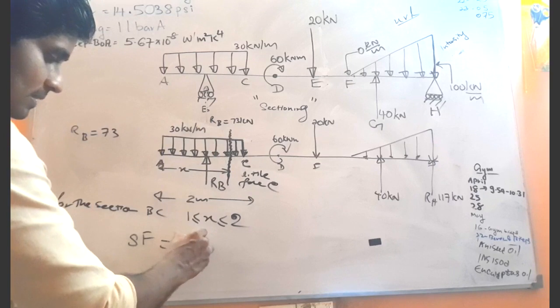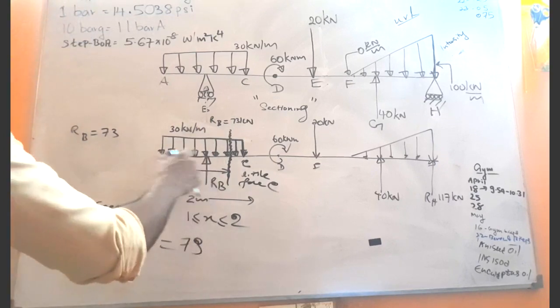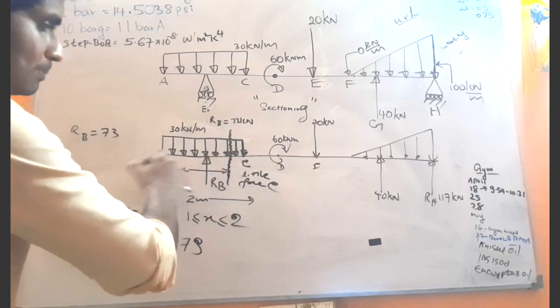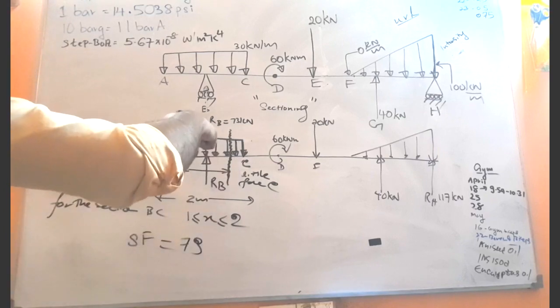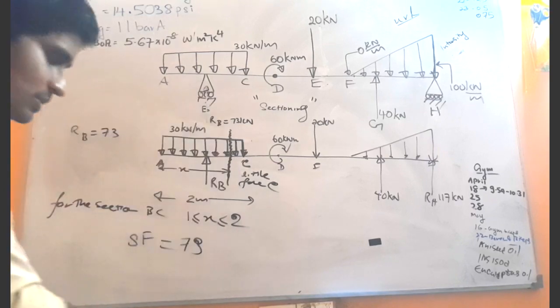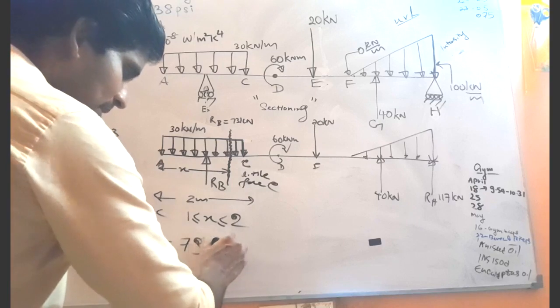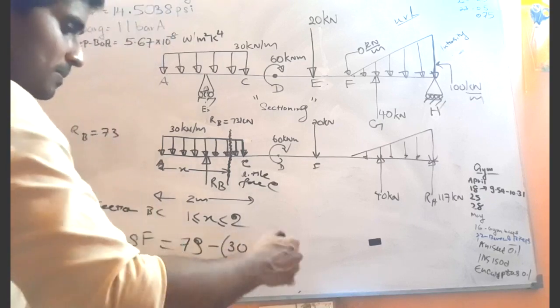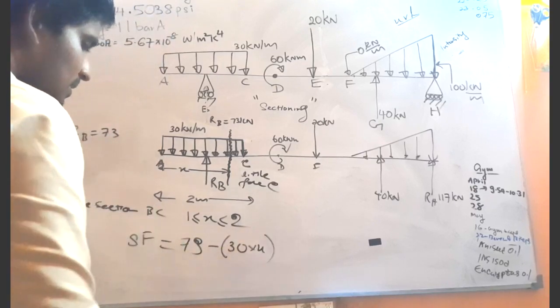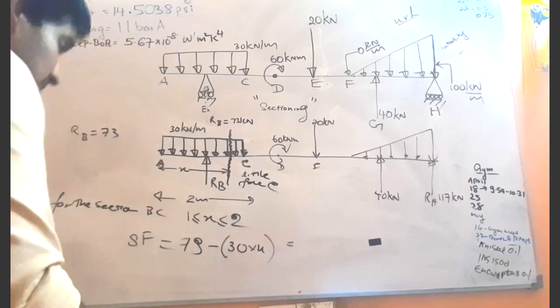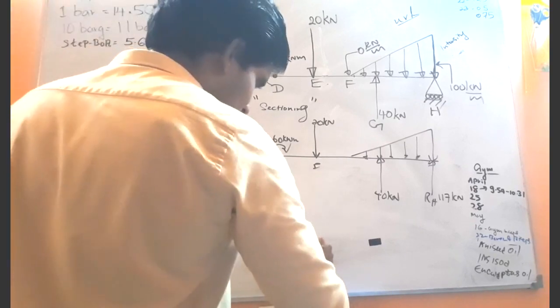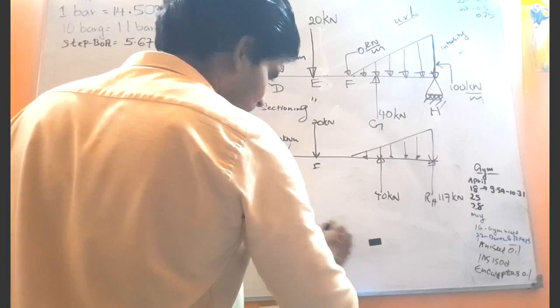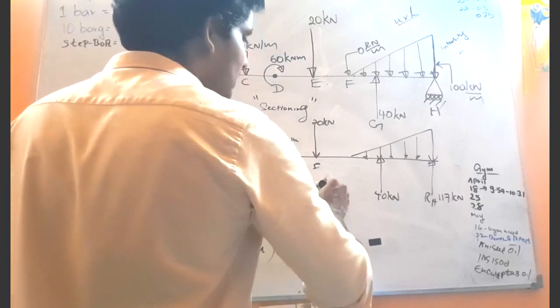So positive 73, and what else? We have this uniformly distributed load up to this point, but the resultant is pointed in the downward direction, right? So it will be minus 30 kilonewtons per meter multiplied by x, right? So now what is the general equation for the shear force? 73 minus 30x. Now this is the general